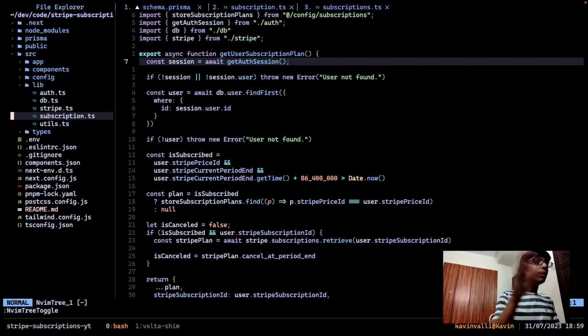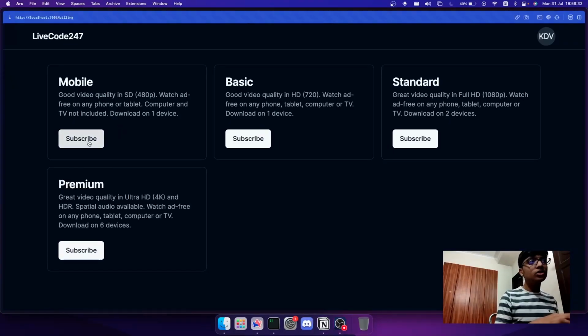So what happens when the user clicks on that button? I can have an API which basically we call that API. It sends back a URL which I want to redirect to, but NextJS 13 now has